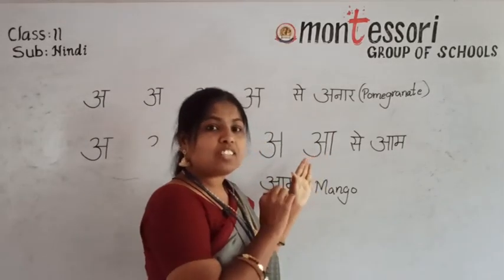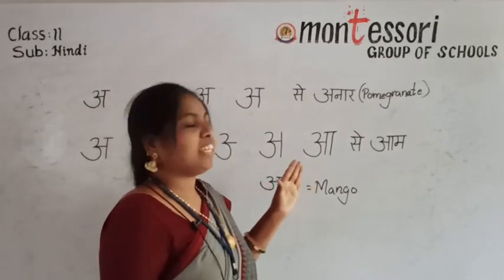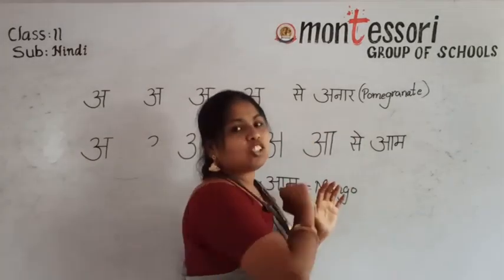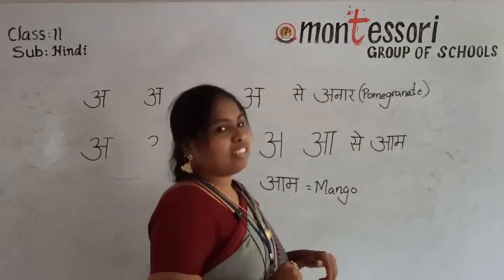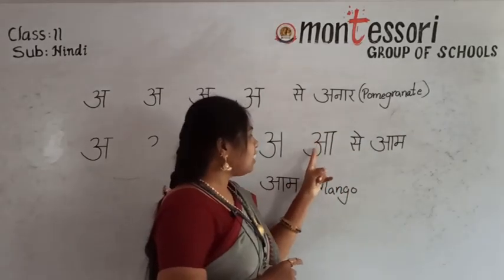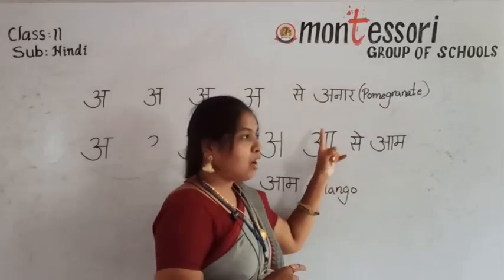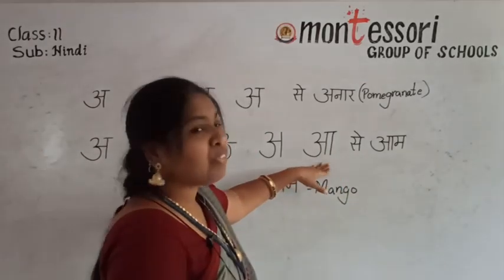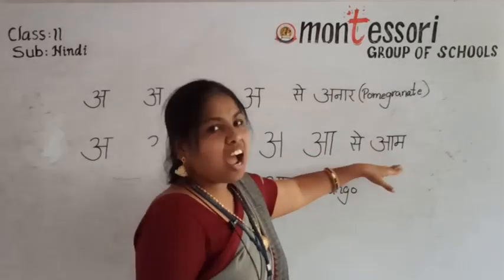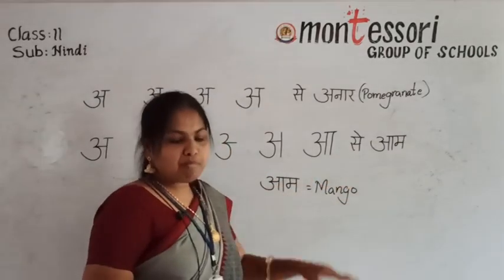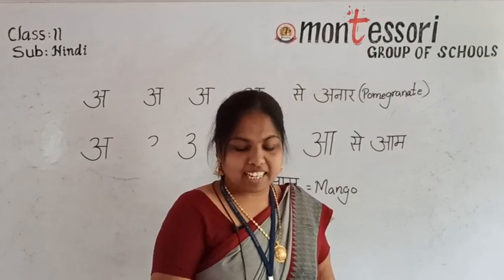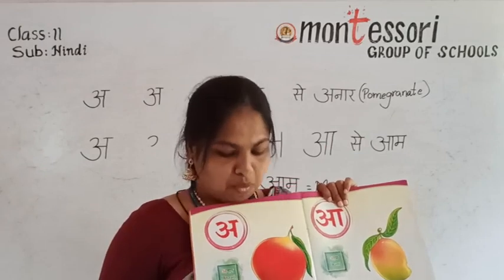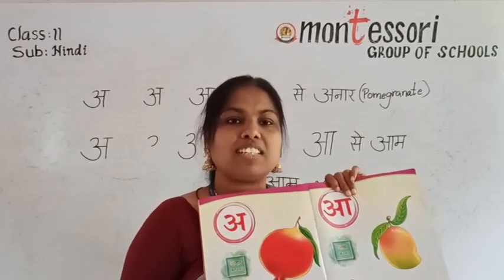Why? Because the header you have to write only after completion of the letter. While writing the letter, complete all the steps. Then only at the end you have to give the header slowly. Understand, children? See, these are all the steps; we wrote 2 standing lines. Afterwards, I have given a small header there. Completed with the header, it will become a se aam, mango. See this one. By seeing the letter and picture, you can read the word.